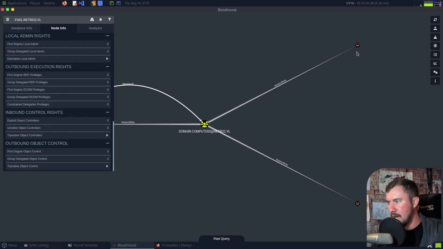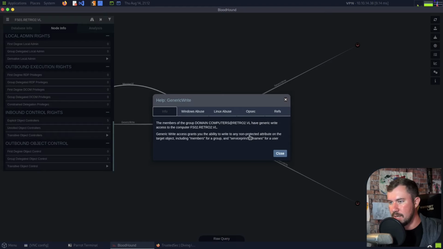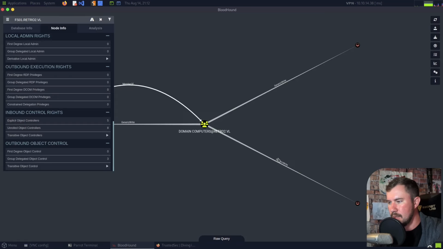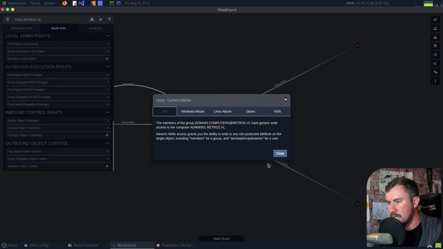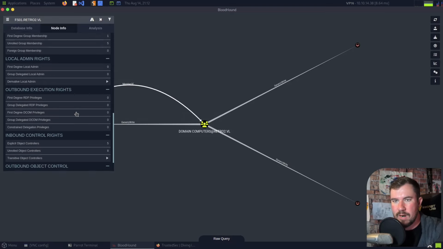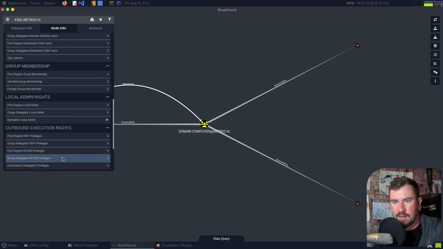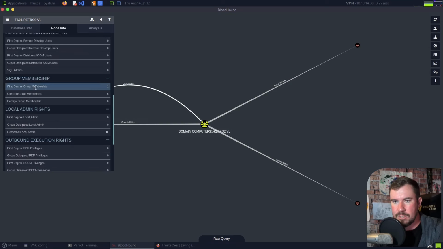What's this computer? Oh, FS02. Unless that's just the same thing. Oh, no. Okay. The members of the domain computers Retro2 VL have generic write access to the computer FS02. But this might be interesting. The members of the domain computers have generic write access to ADMWS01. So that's where this might come in handy for us, because if we look at our group memberships,